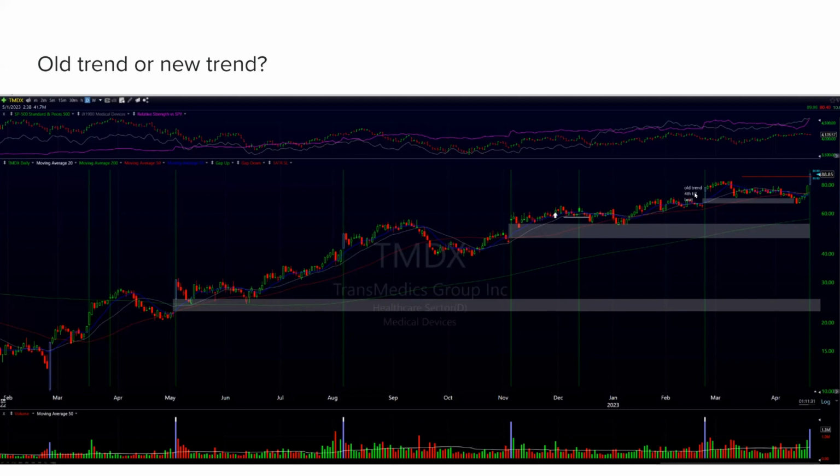And look at my notes here from the previous time that it showed up on my scanner. I've written old trend, 4th EP, and it did beat, and that means it beat the earnings. This is the 5th time it's gapping up on earnings. Do you think I'm going to add this to my earnings winners list? No, I'm not, because this is clearly an old trend, and I don't like trading old trends,